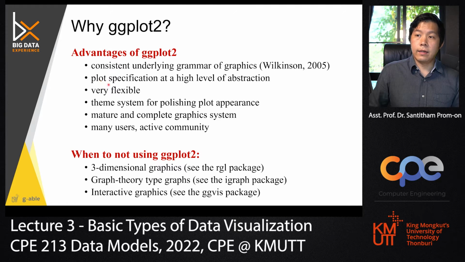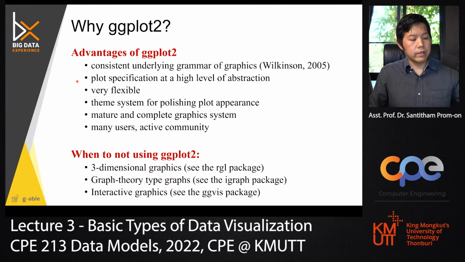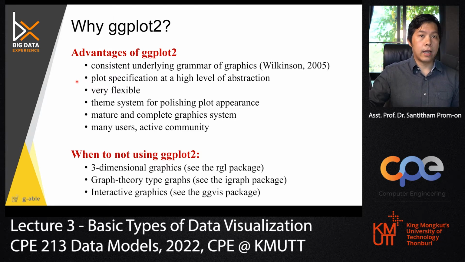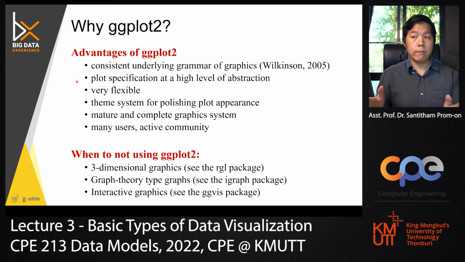And the specification is at a very high level of abstraction. That means instead of delving in, if you ever write C to plot a graph, that's a little bit complicated because you need to go into low level. But here these are high level. You just need to specify the column you want to plot, the graph you want to see,